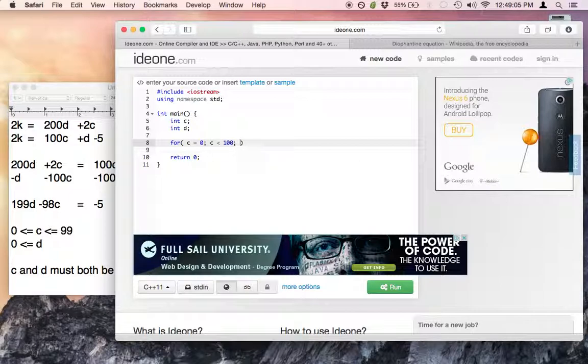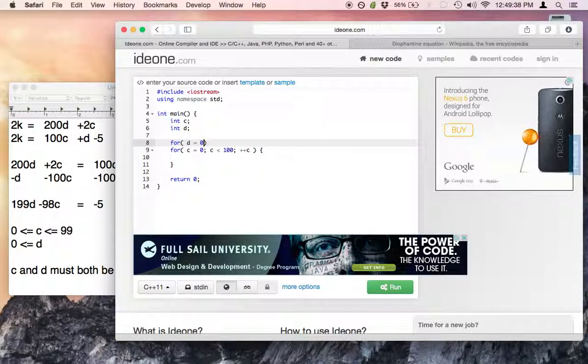So the largest number that will be included is 99. And what we want to do is at each step through the loop we want to increase C by 1. And that plus plus operator here indicates to increase C by 1. Here's our loop, and the code inside of these brackets will be executed for each number, 0 through 99. What we need to do, though, is we need to also have a number of dollars starting at 0 and going up. So I'm going to create another loop on the outside here,